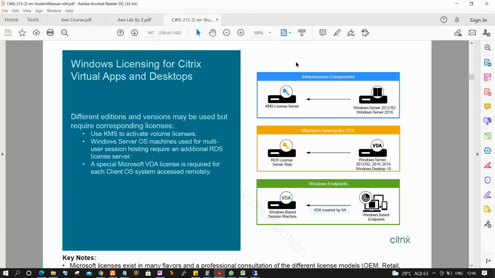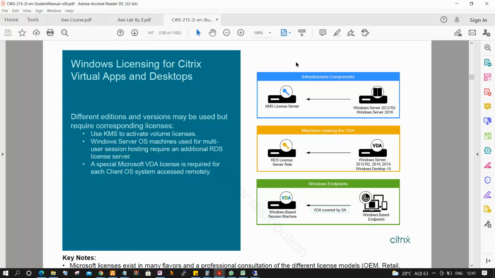KMS? Key Management System. There is a separate server. For example, in your company you have nearly 100 servers configured, but you don't have time to configure licensing and activation on each and every server. So on one server you create KMS and install all the license files. If a server is connected to KMS, the key will be updated on the server automatically. Automatic key activation.